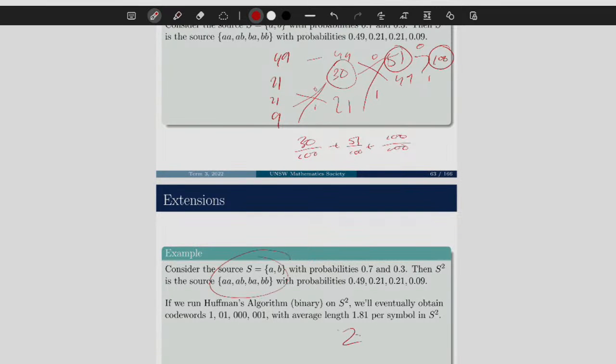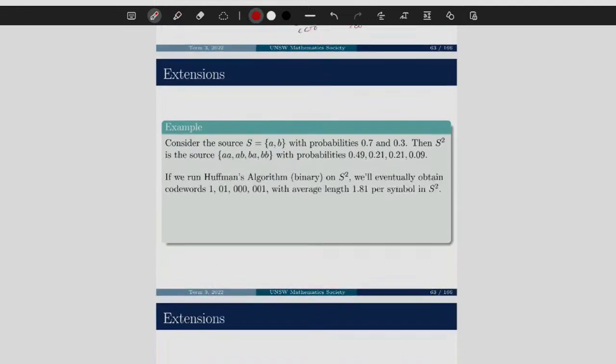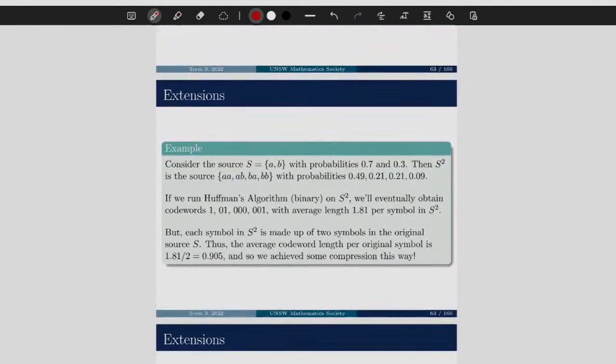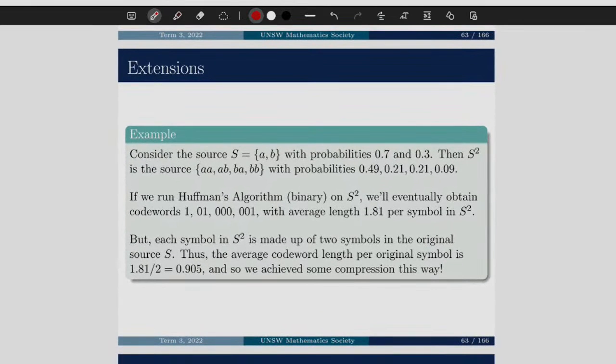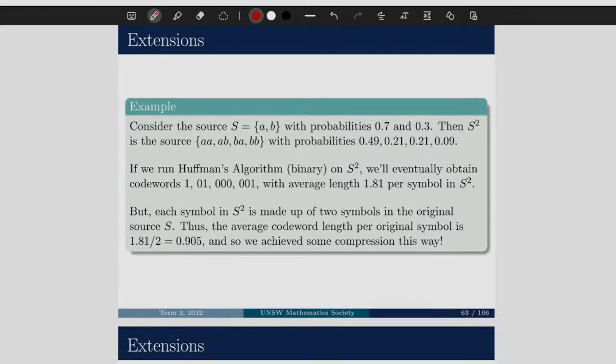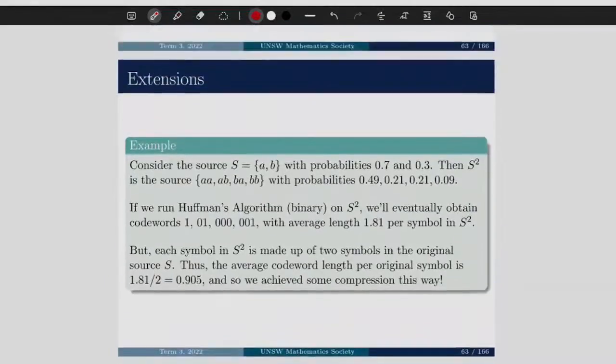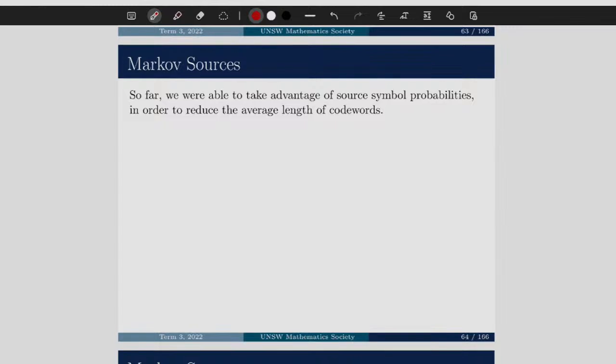If we just, say, had symbol 1, 0, 0, that would have just been an average code word length of, like, 2 for these, right? But now, suddenly, using extensions, we can have a better code. Yeah, and that's essentially here. Right? We think we've achieved compression this way, where we just consider extensions. This is the same slide twice. What? Okay. And if everyone's all good with that, this is Markov sources.